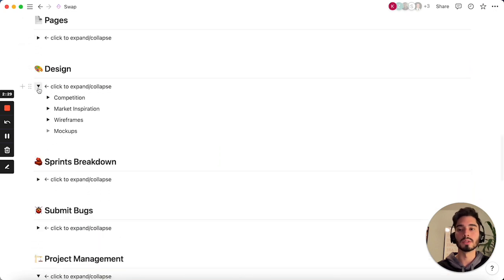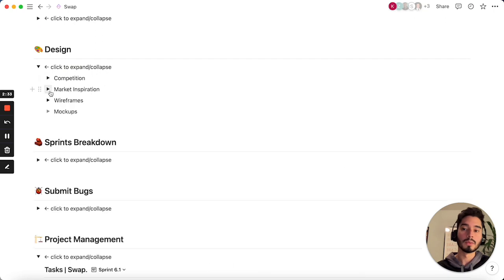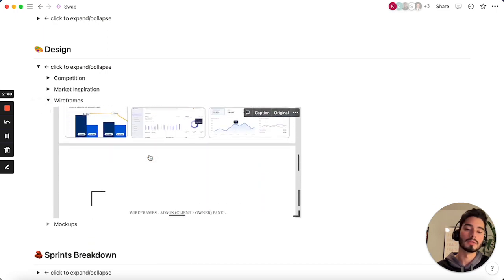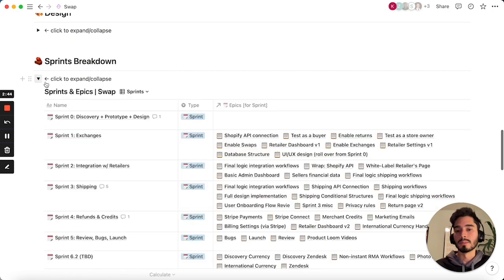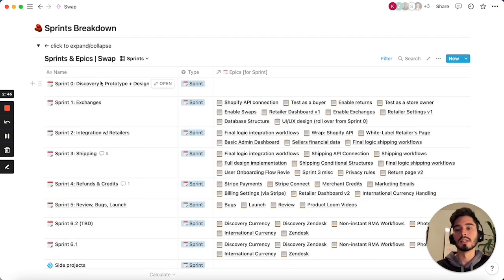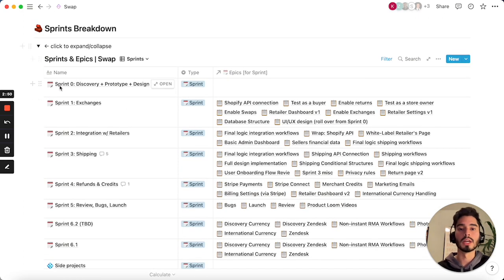We go into a design analysis, so we look into the competition of what you're trying to build, some market inspiration, some wireframes, and mockups. So that's a full design analysis on there. And then we go on to the sprint breakdowns. So exactly what are the sprints, what are the epics, and how they relate to each other,